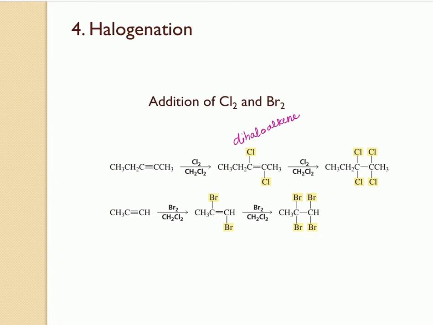This dihaloalkene can further undergo an electrophilic addition reaction with halogen to form the tetrahaloalkane. So when you use two equivalents of halogen or excess of halogen, then it's going to form the tetrahaloalkane as a product. The mechanism for this reaction is pretty much similar to what we have seen in the case